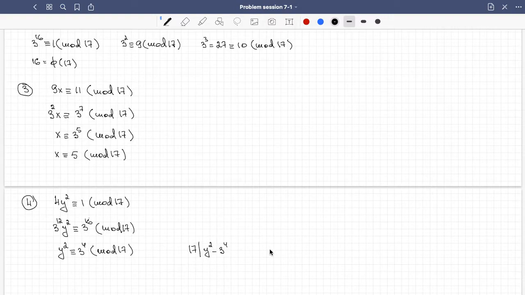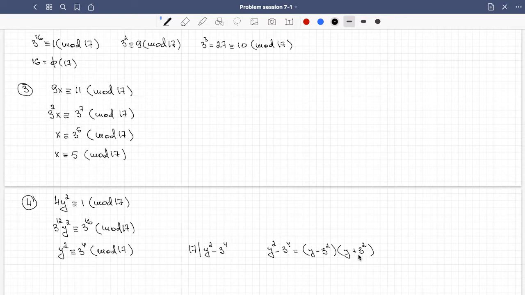At the same time, we know that y squared minus 3 to the 4 is equal to y minus 3 squared, y plus 3 squared. We want to make minus in fact. So plus 9